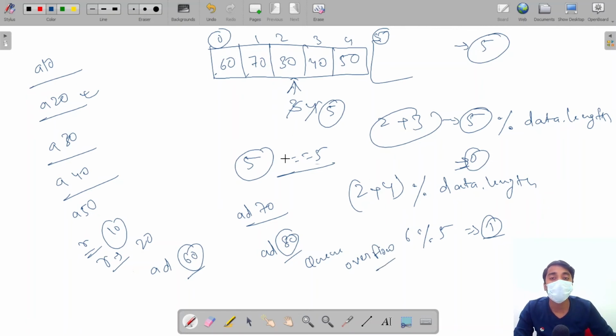Now if we want to delete any element, it should delete from the front. The front will point here, that is incremented by 1, and the size will be decremented by 1.